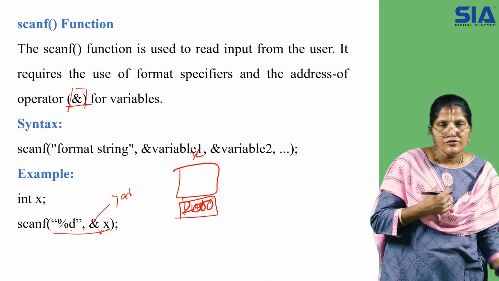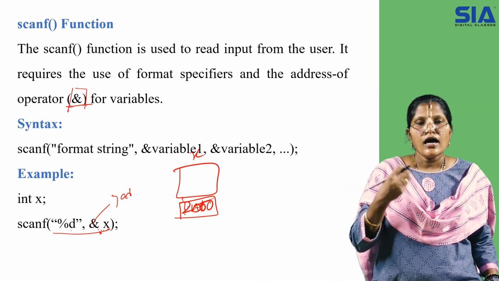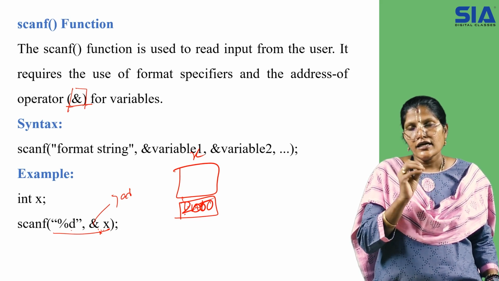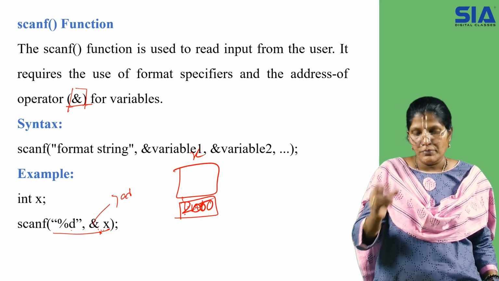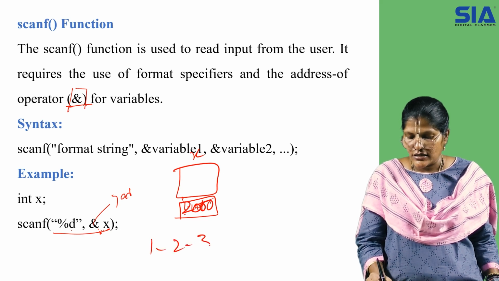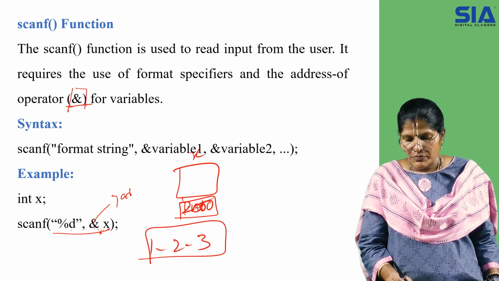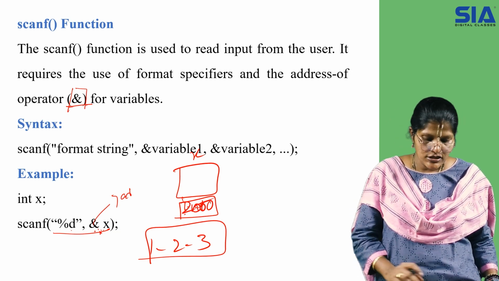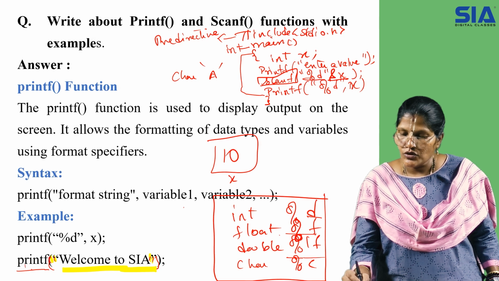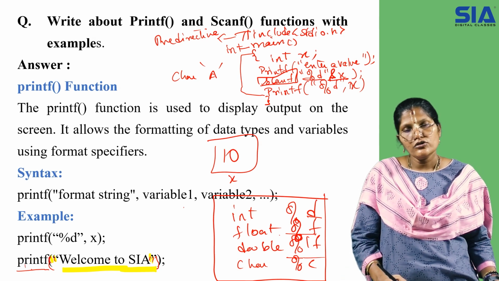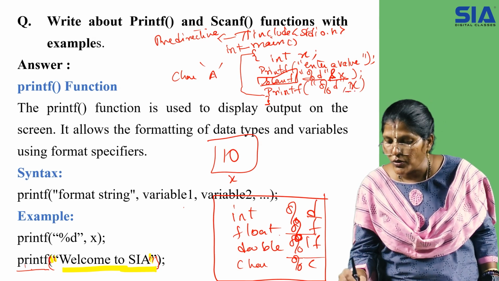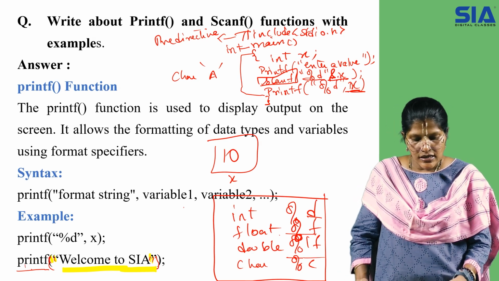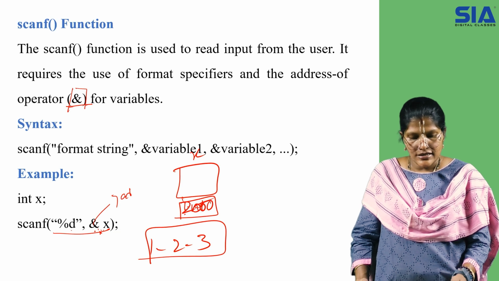For example, if XYZ is my name, I reside at some location in Hyderabad. So Hyderabad is my address location. In Hyderabad where, I need to mention my door number, that is 1-2-3. So this becomes the address. When you don't specify the address, the value will be the same, but you are not able to print the content onto the screen. So in the previous statement, when you don't specify the address, you will not be able to get the value exactly when you are about to print. It will accept it, but you cannot print. So this is the loophole. These are termed the printf and scanf functions.